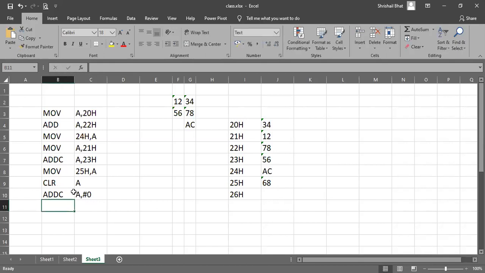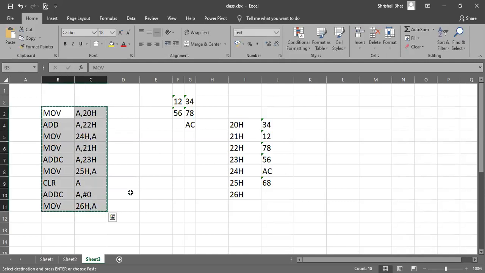If at all there was a carry, it will now be there in the accumulator. From the accumulator, you copy that to 26. So this is the program we have for adding two 16-bit numbers which are in successive memory locations.